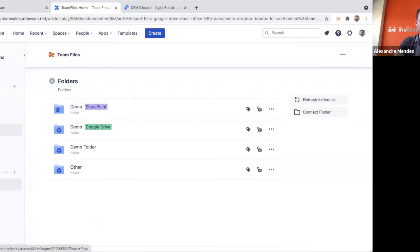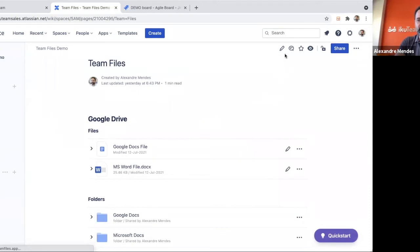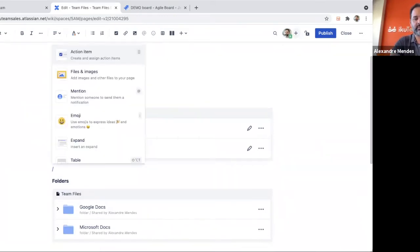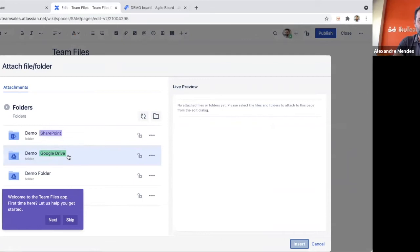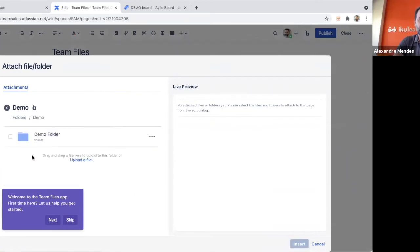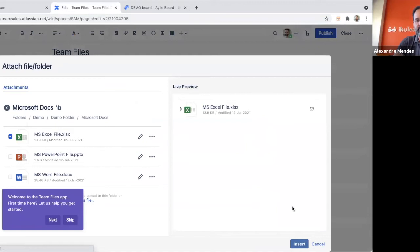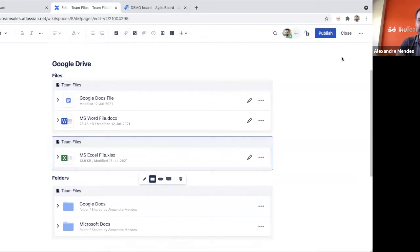Now I'm going to come back here to the Team Files page, and let's suppose I'm going to edit this particular page. If I want to add something here, we have a macro. I just come in here and say I want to add a folder or a file. Here I have all of those that we have already selected. For instance, I can say I want to share this Excel file, and I want to link it. Let me insert the file. As you guys can see, the file is already embedded here. So if I publish it,